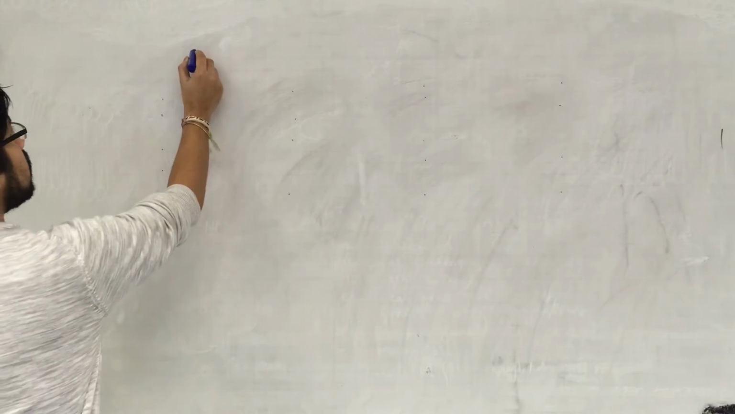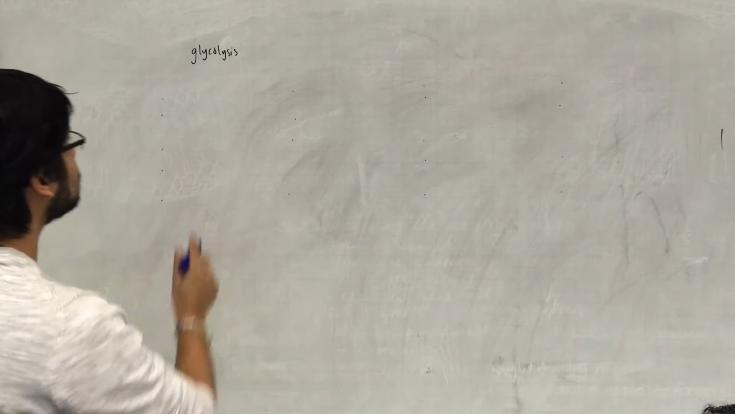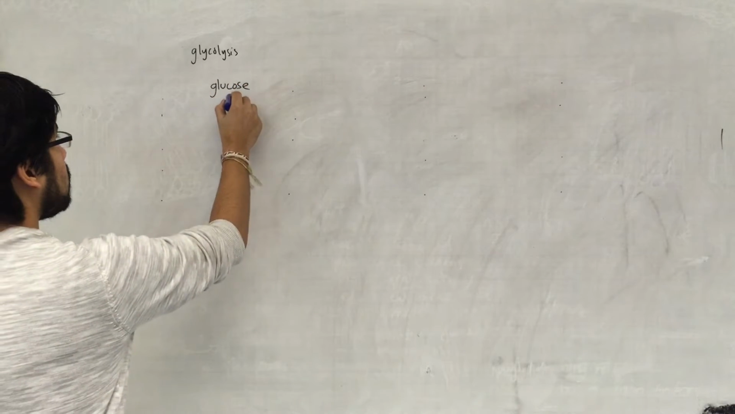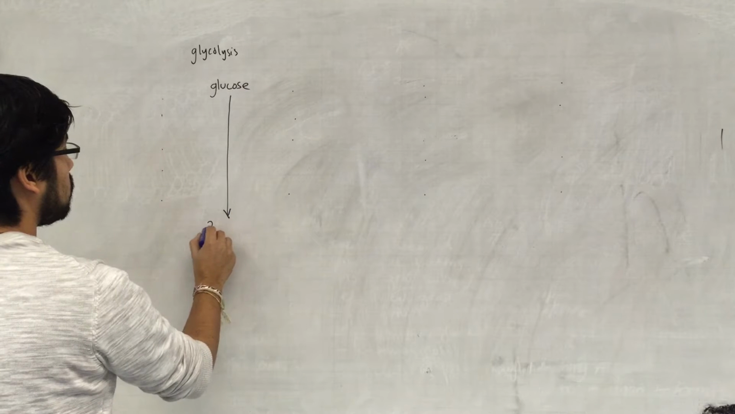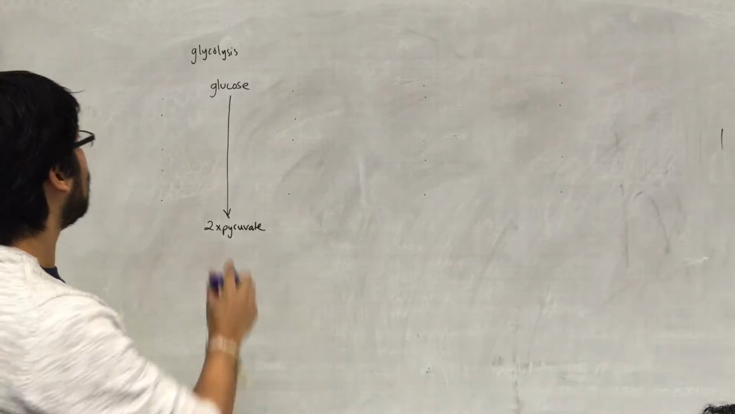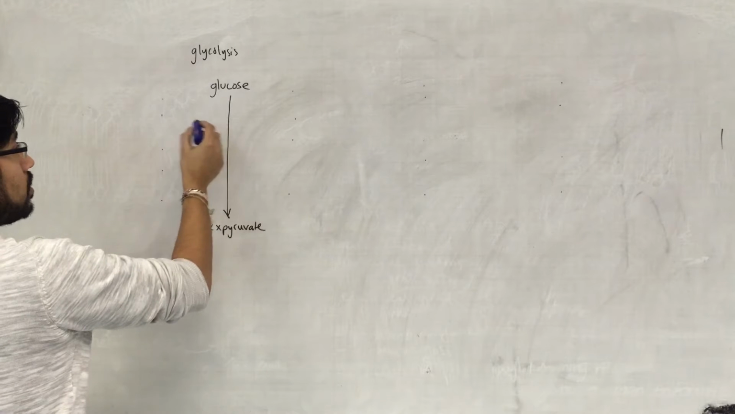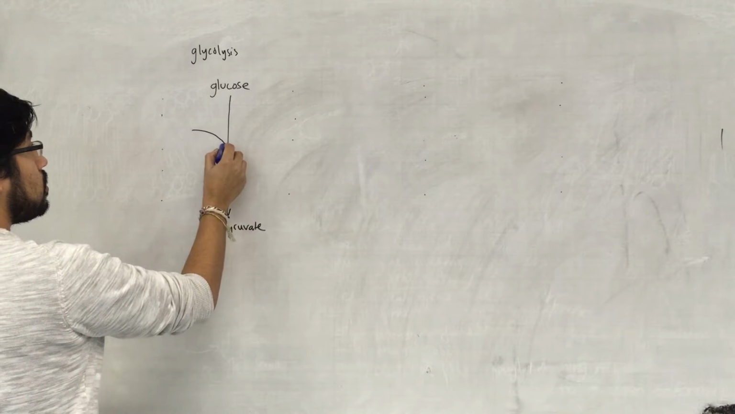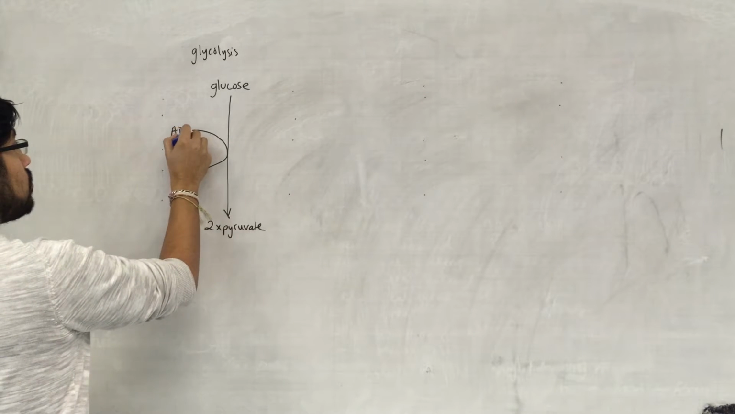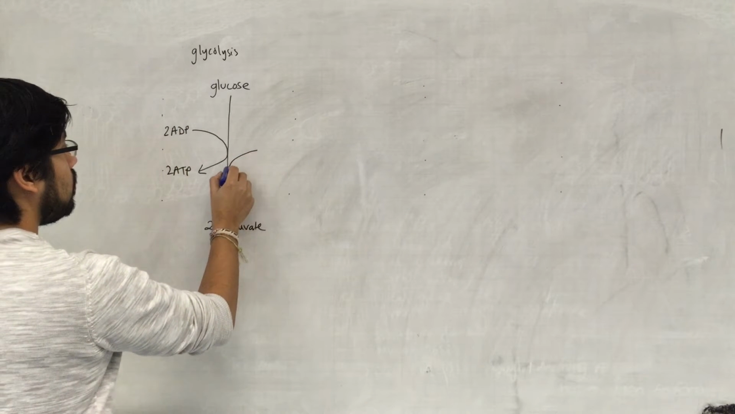So, quick summary of glycolysis. In glycolysis, we started off with glucose, and we ended up with two molecules of pyruvate. I'm not going to go through all the individual steps, but overall, what we did was generate, net, two molecules of ATP from two molecules of ADP, as well